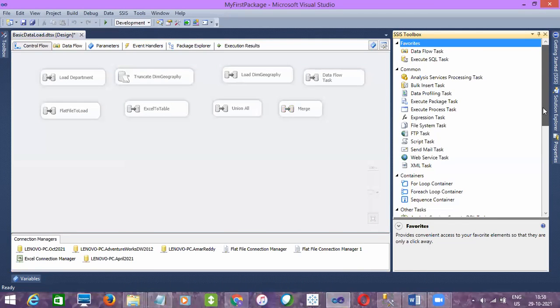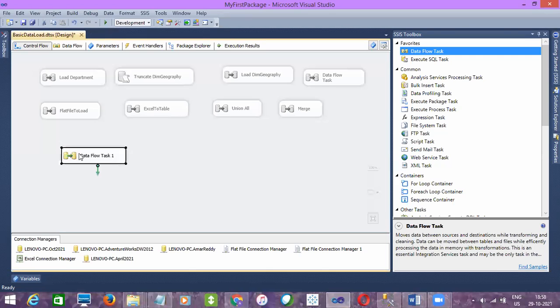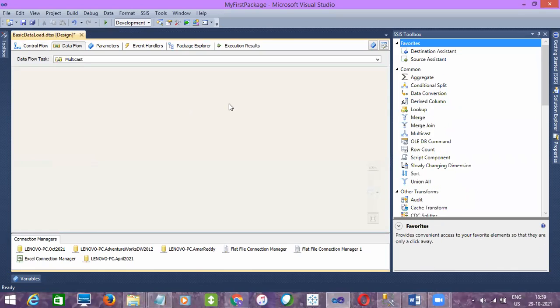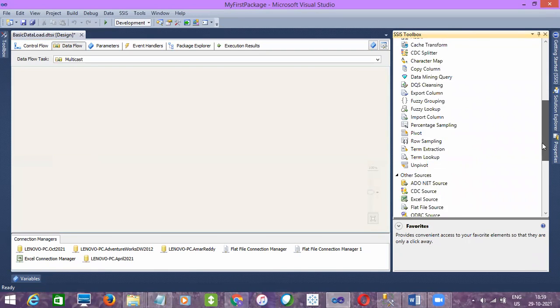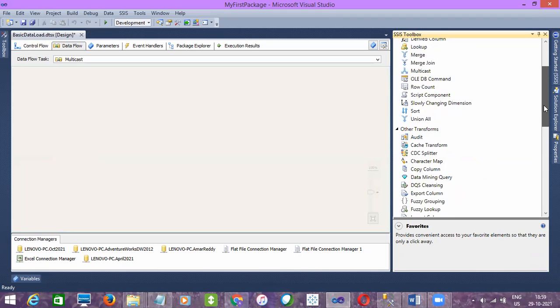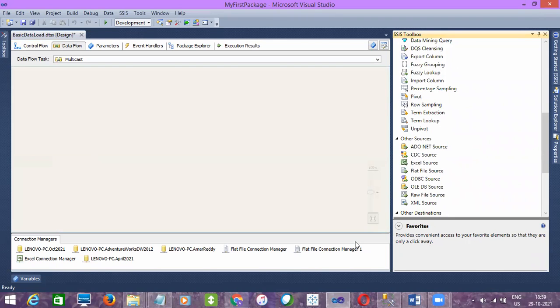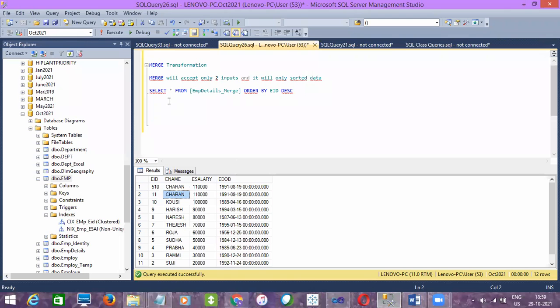And the next transformation which I'm going to talk about is multicast. Here multicast will accept only one source input and then it will split into multiple outputs. Let me type it here, it will be helpful.